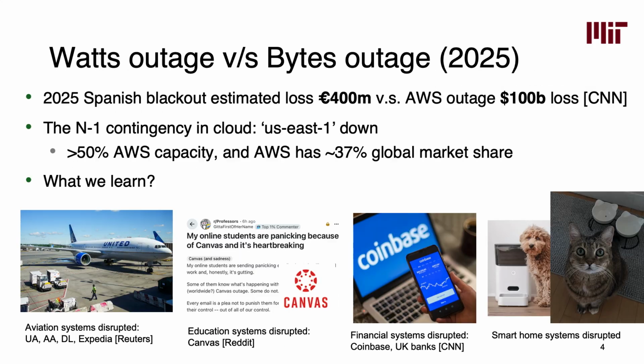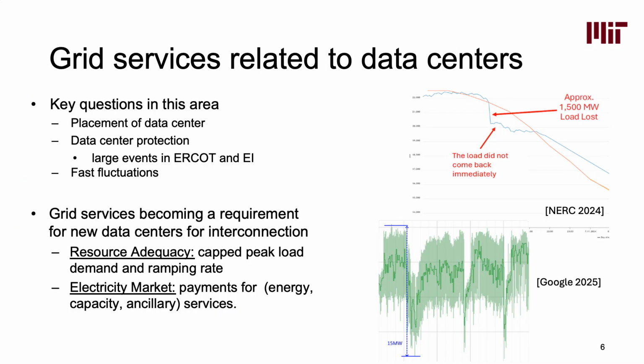So for example, there's a report last year by Google. For one of their traditional data centers, we can see that within 1 minute, there's a big drop of 15 megawatts. My rough estimation for this data center site, although they didn't mention it, is around 100 megawatts in capacity, meaning that there's a 15% ramp in capacity happening within a minute, which is quite dangerous.